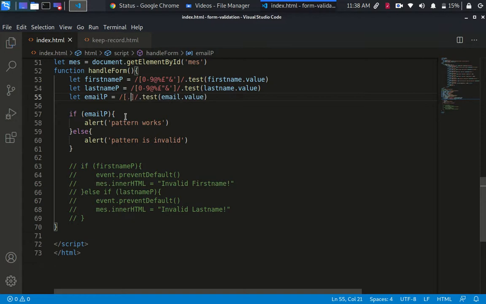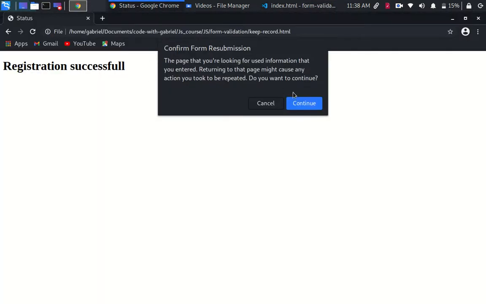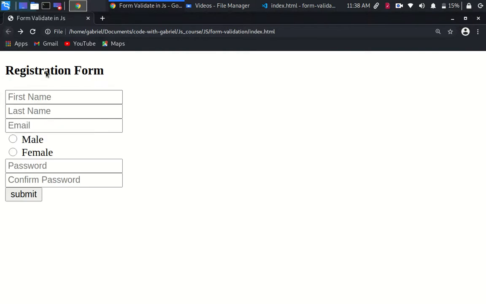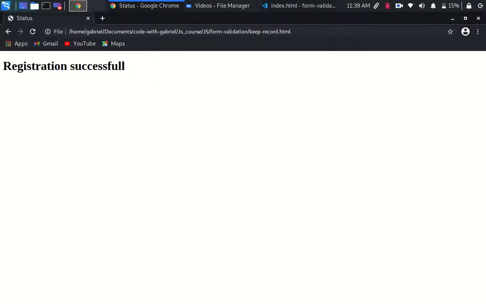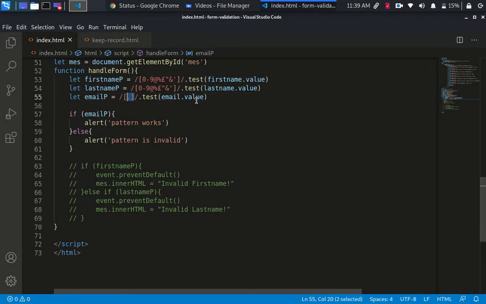So I'm looking for dots. Let's see. Oh my god, that's not what I want to do. Alright, let's check it out again and click. Pattern is invalid. Obviously pattern is invalid. Alright, thank you. Okay, and let me try to do some grouping. So like dots,